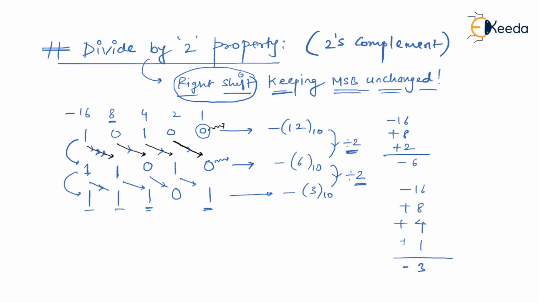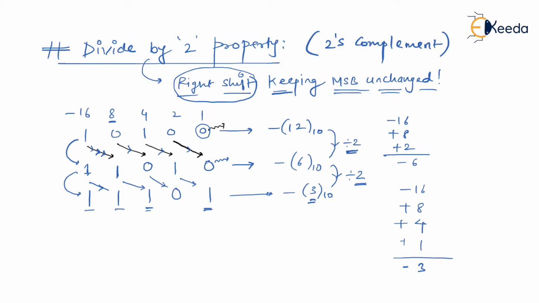So when the final number is not divisible by 2, don't again try to divide by 2. Then you will get some abrupt answers, okay? So just stop applying the right shift property if the final number of the given decimal number is not divisible by 2. You can do those experiments only when it is divisible by 2, because we are not going to use floating point numbers.